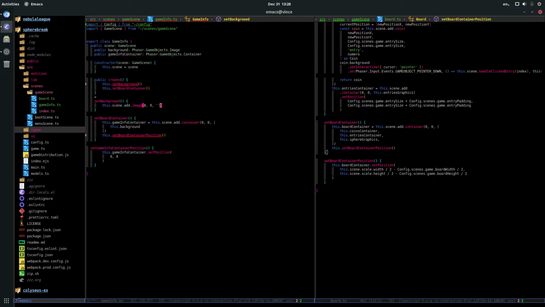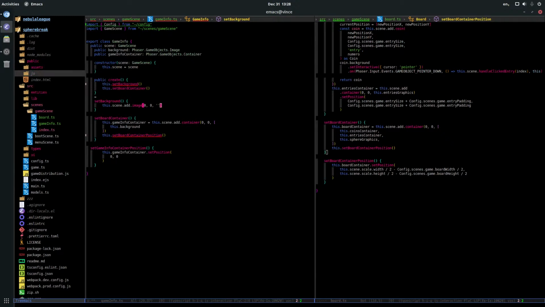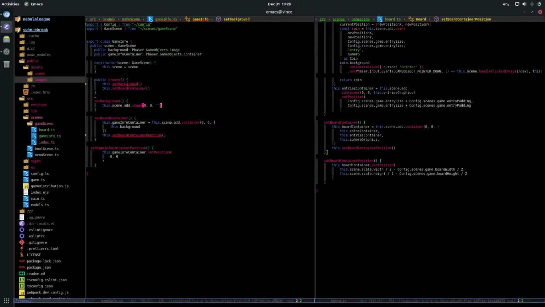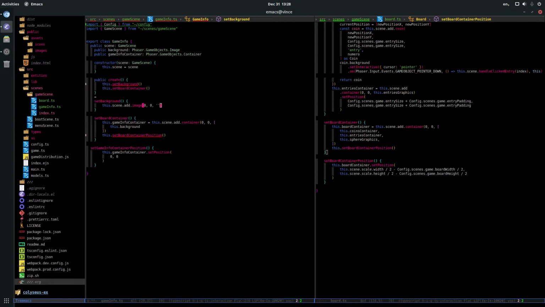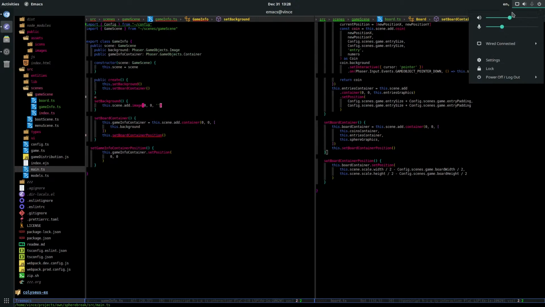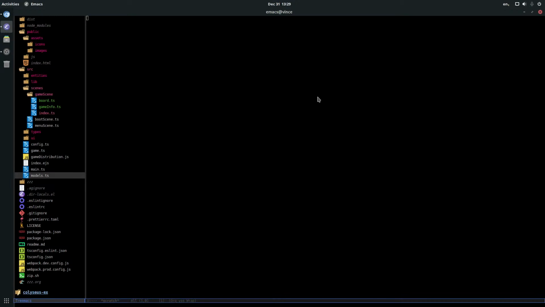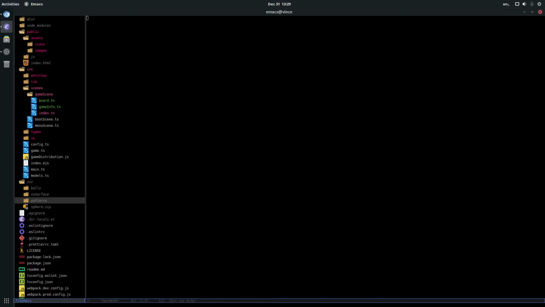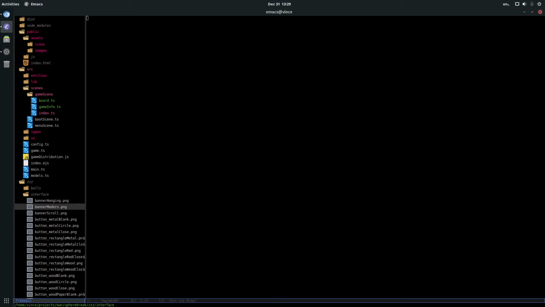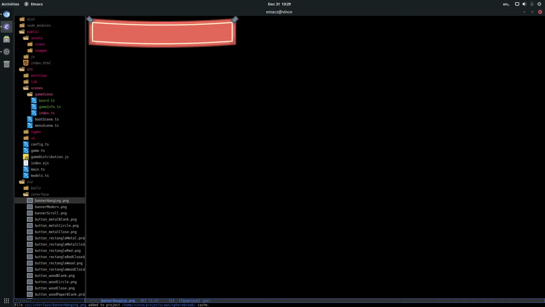I have some image here, so I'm going to check one that surely corresponds. Check the zip folder. So yeah, inside the interface